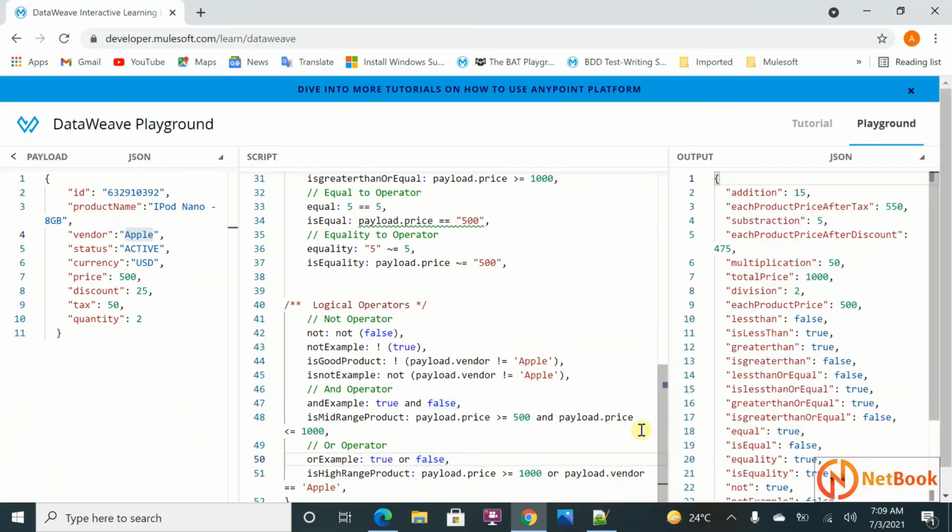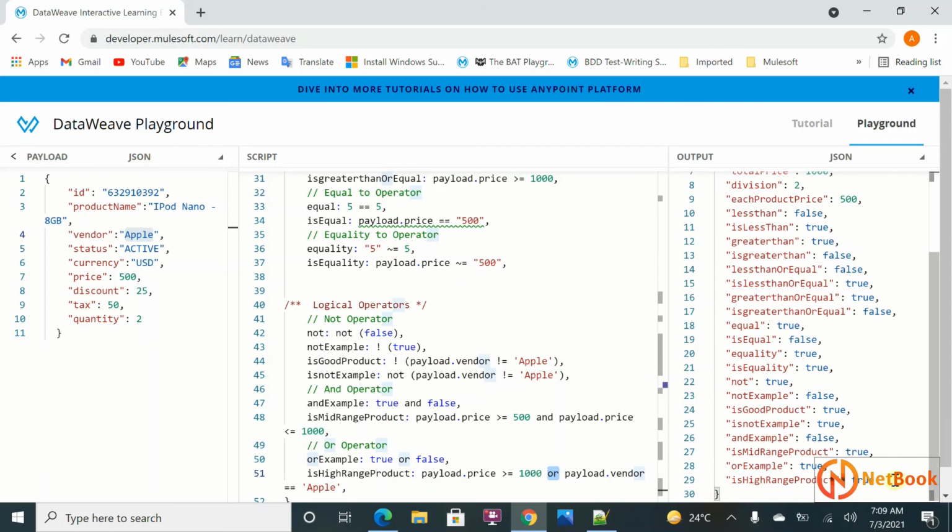Let me put a comma over here. Is high range product. If the price is more than 1,000, or if the vendor is Apple, that is a high range product. So if any one of these conditions is satisfied, then it will return true over here.